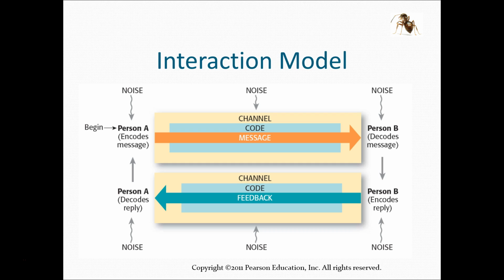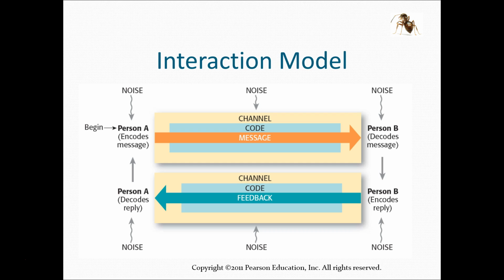Quite similar to a walkie-talkie. With a walkie-talkie, you key the mic, you can send your message, but nobody else can send back while you're doing that, so you don't get constant feedback. As soon as you let go, that person has a chance to encode and send a message back, and they key the mic, and you can't talk to them while they're doing this. This is the interaction model.